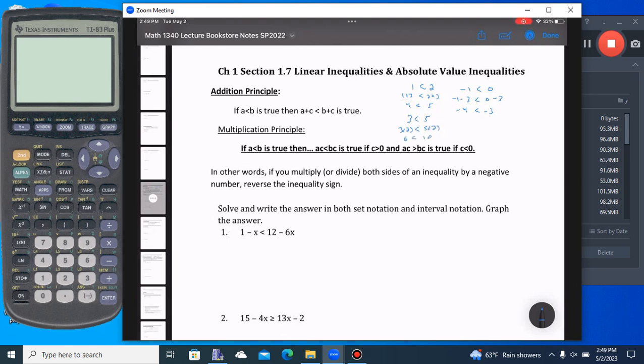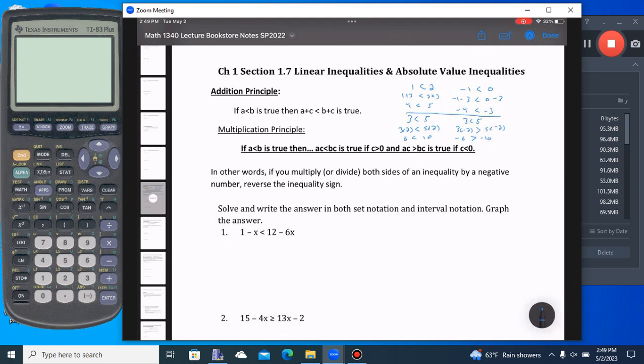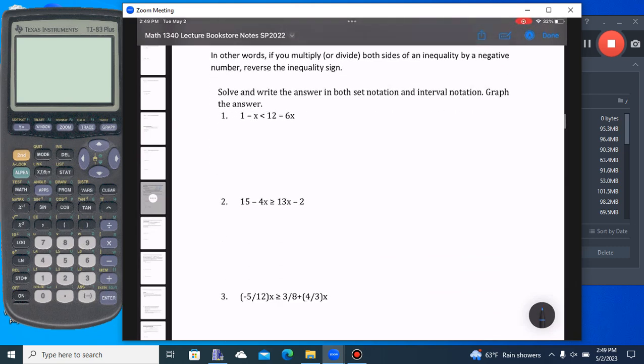However, if we multiply by a negative value, then the inequality sign changes. So if 3 is less than 5, when we multiply by negative 2, 3 times negative 2 compared to 5 times negative 2, we have negative 6 is greater than negative 10. So we have to flip that sign when we multiply or divide by a negative value. All right, so we have to keep that in mind when we solve these